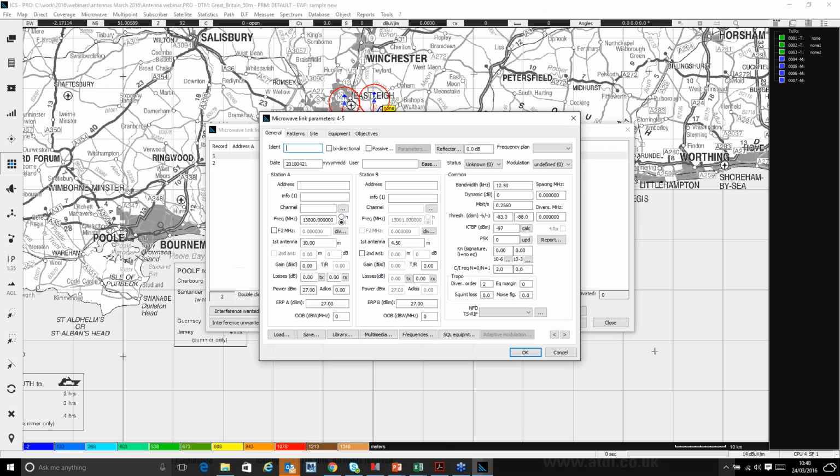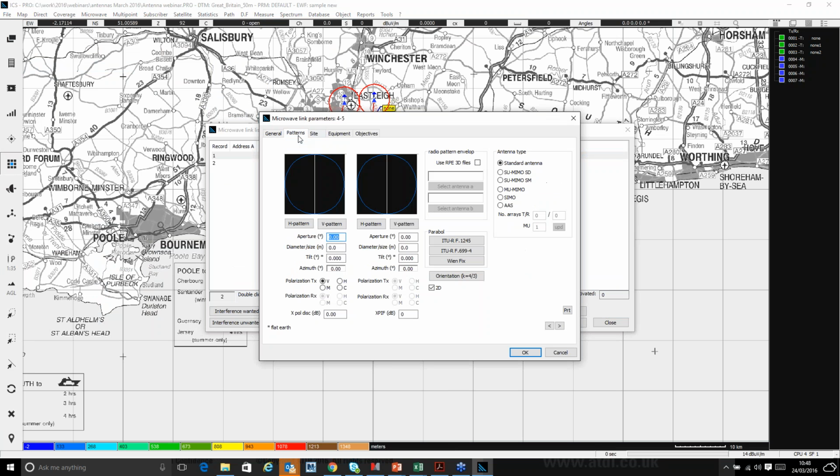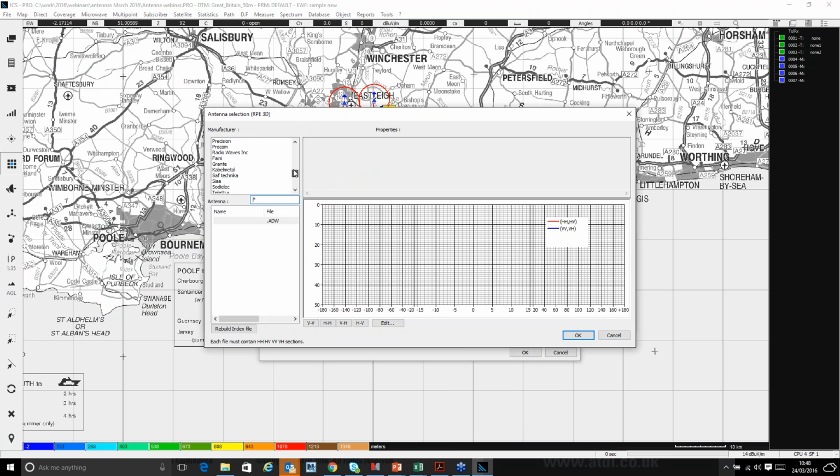So I've got a couple of sample microwave links here. I'm just bringing up this one, and then I've got the patterns tab. Okay, so these 3D RPE files as their class. So this is basically just another view on that source data that I was showing you via a Windows File Explorer. So if I look in here,